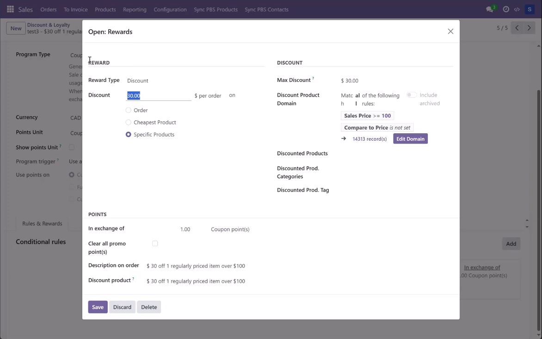So on here, we have 3 sections: the reward, the points, and the discount. Starting with the reward, our reward type is a discount, not a free product or free shipping. And the discount is $30 on the entire order on specific products. To look at what products are applicable for this coupon, under the discount section, we have max discount of $30